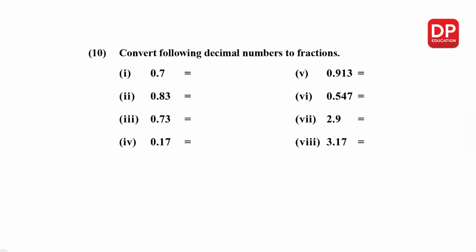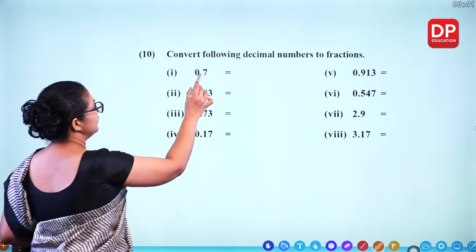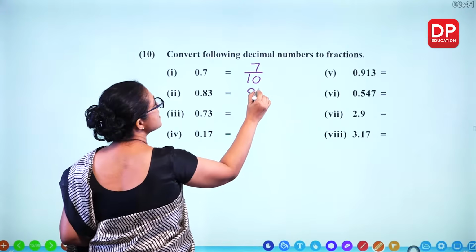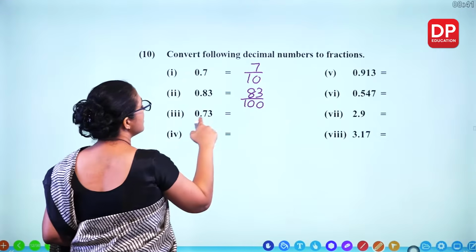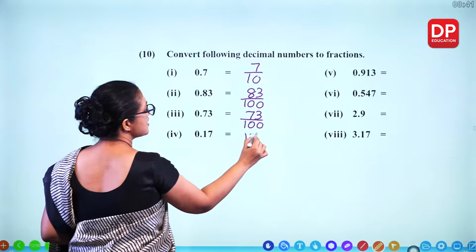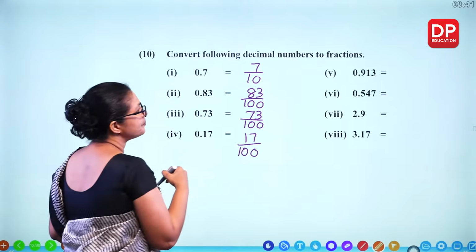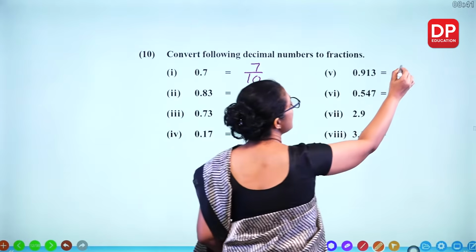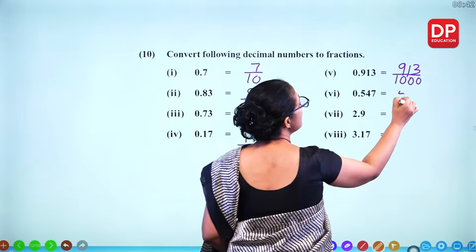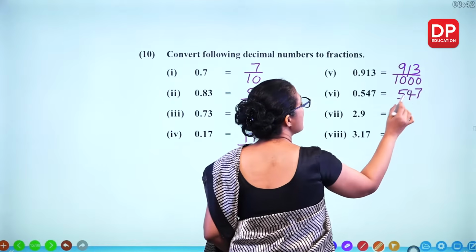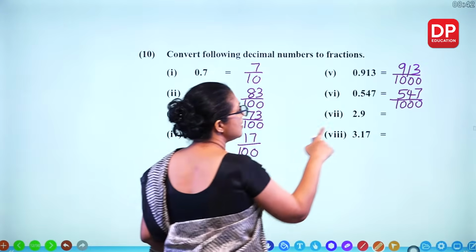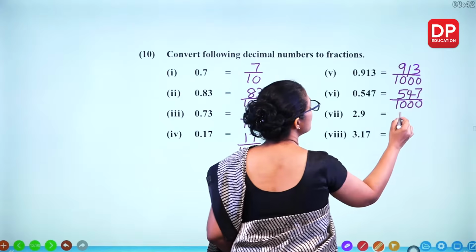Convert the following decimal numbers to fractions. 1 place, 1 over 10. 2 places, 83 over 100. 2 places, 73 over 100. 2 places, 17 over 100. Now 3 places, 913 over 1000. 3 places here, 547 over 1000. Here 1 place is there. So you get